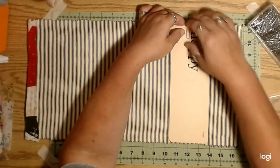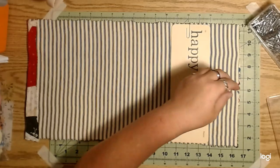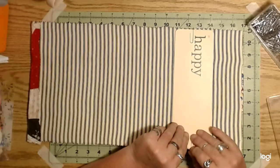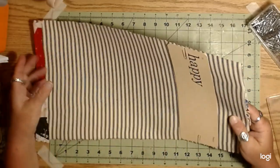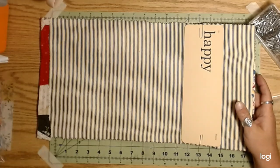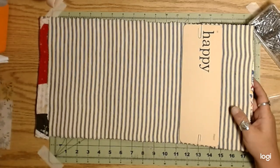Just paper clip it in place until I get the rest of them to this point. And then when I get the sewing machine out, I can just stitch everything all at once. Okay, and then